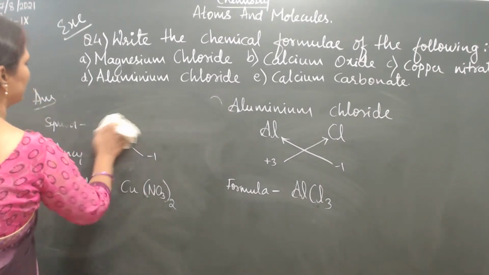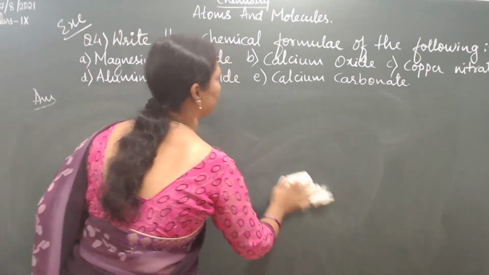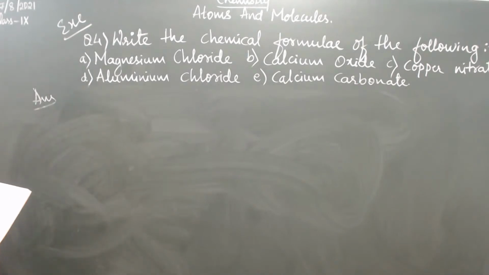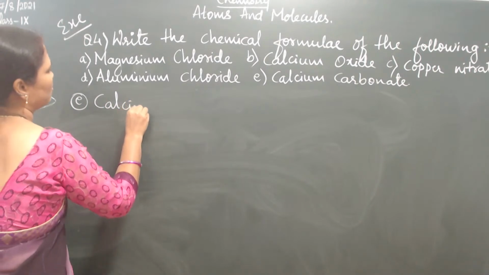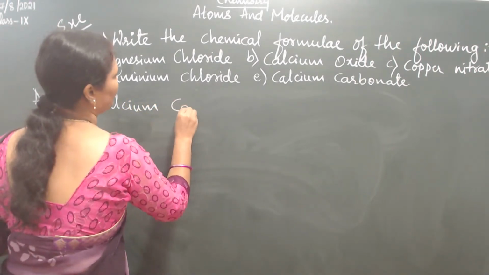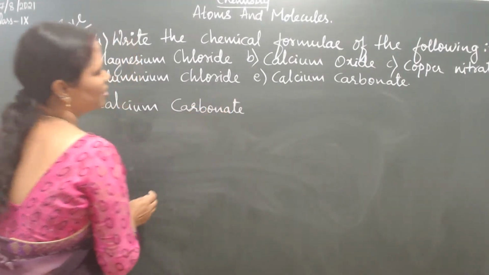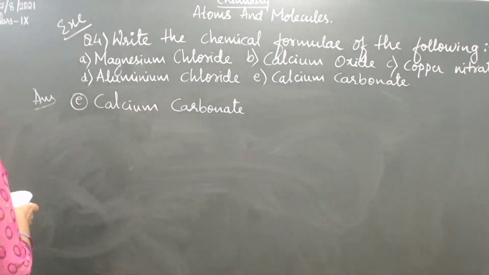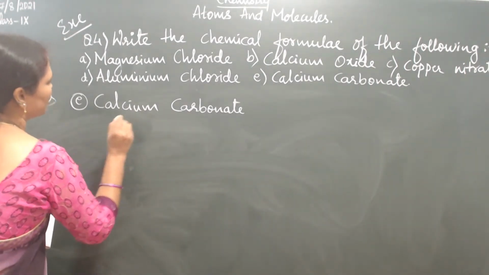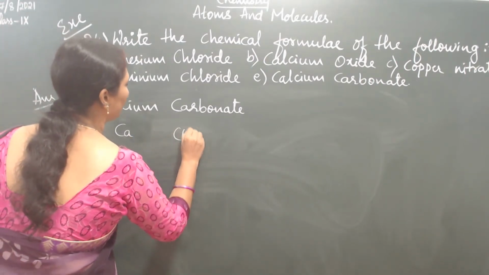Then next one, calcium carbonate. About the valency, in the next chapter you are going to learn in detail. That is the 4th chapter, structure of the atom. Okay, here calcium carbonate, a symbolic representation for the calcium is Ca, and for the carbonate,